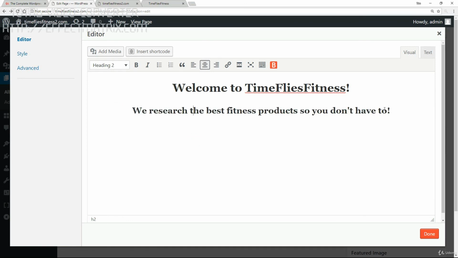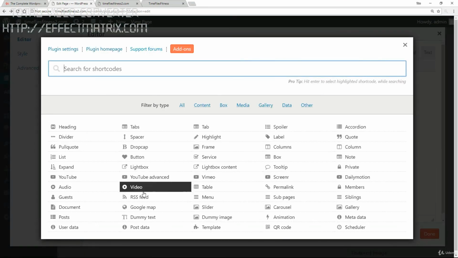All right. Now, about that button. I want to have a button, a call to action, and this is also something you see a lot on sites. Now that the customer knows what this site is about, we want to draw them in as soon as we can, and having a button on the home page is a very nice way of doing that. So what we can do is say insert shortcode, and have all these millions of things. You need to find the button,